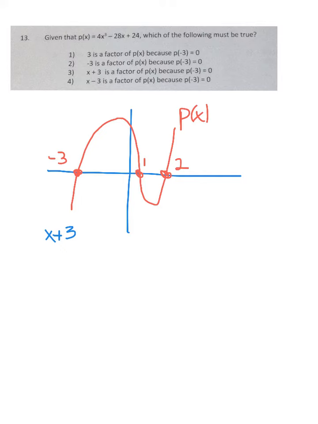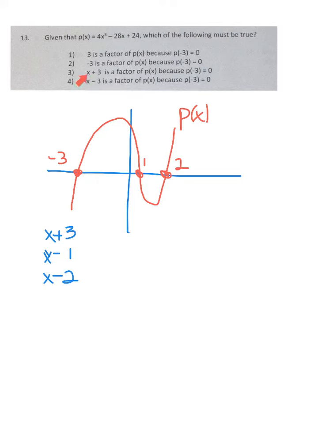And then that would mean I'd have x minus 1. Oops, let me make that look like an x. And then I would have x minus 2, because again, I'm changing the sign of my 2 zeros here. So what I have here are the factors. So then I really see that the only answer that it could be is choice 3, because that has the